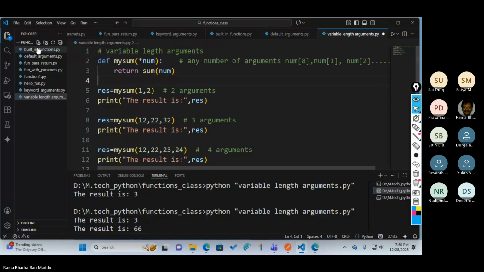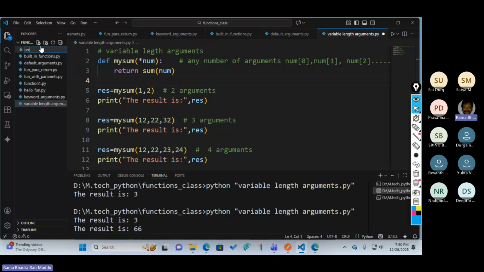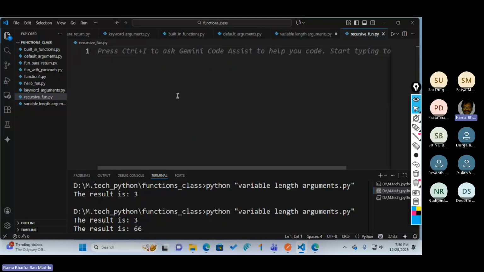Clear, sir. Okay. Now we are discussing recursive function. In the recursive function, we need to understand two important things: the base case and the recursive case. A recursive function is also a function which contains two parts.